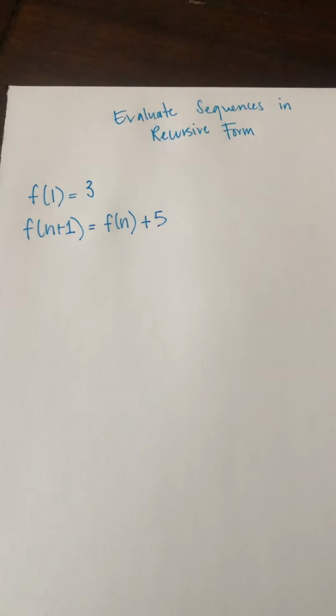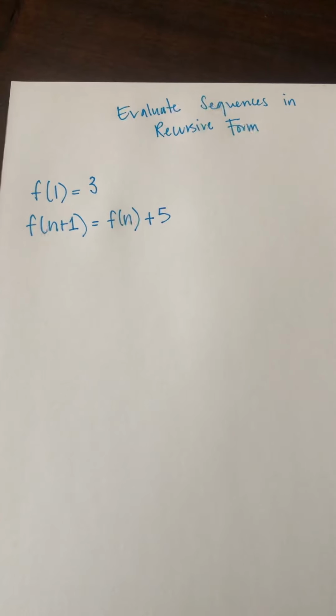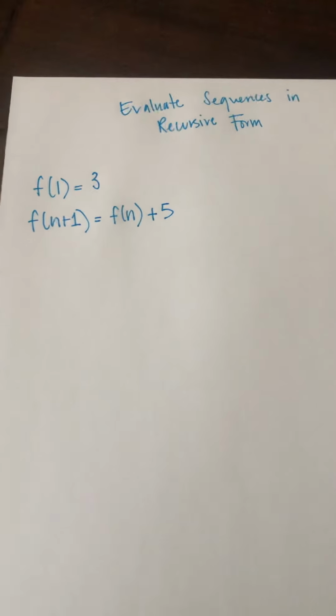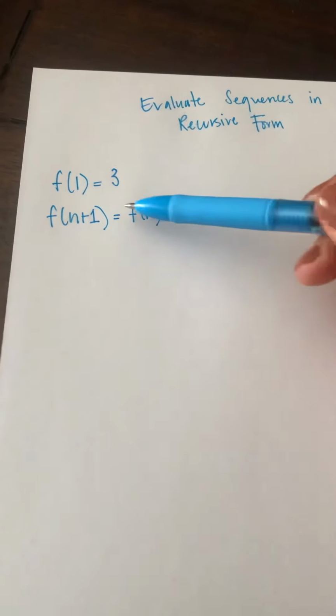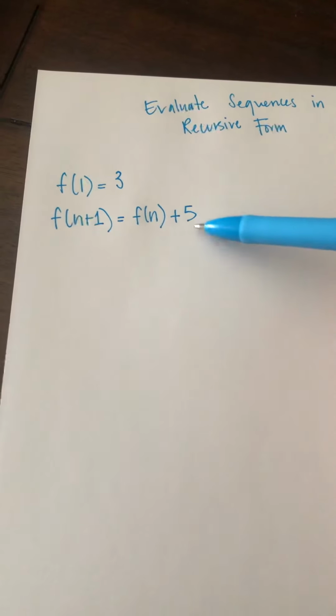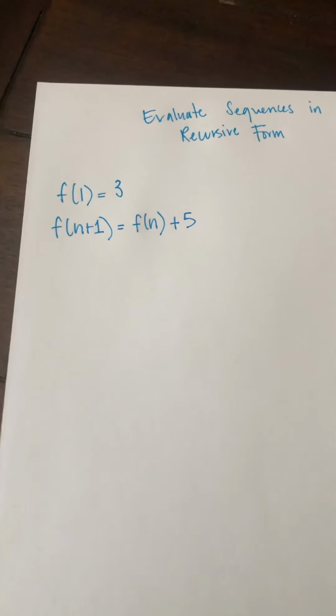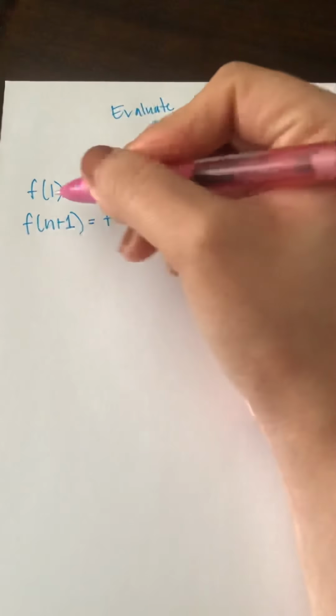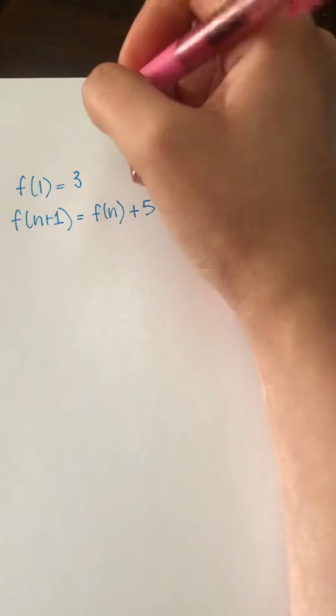Okay, so this will be evaluating sequences in recursive form. I have an example right here. I have f of 1 equals 3, f of n plus 1 equals f of n plus 5. Remember that this part right here where it says f of 1 equals 3, this means,